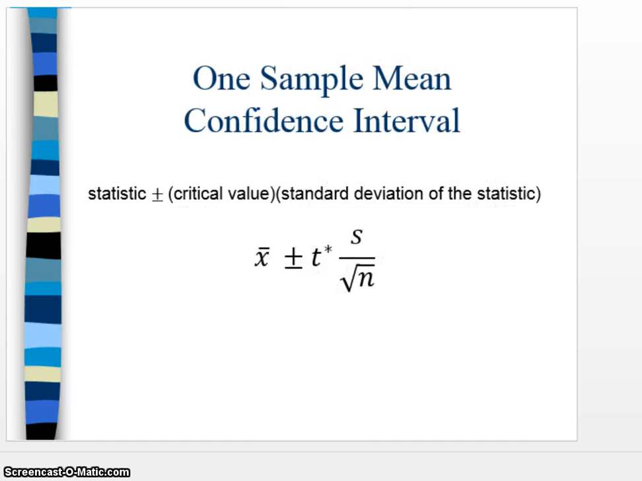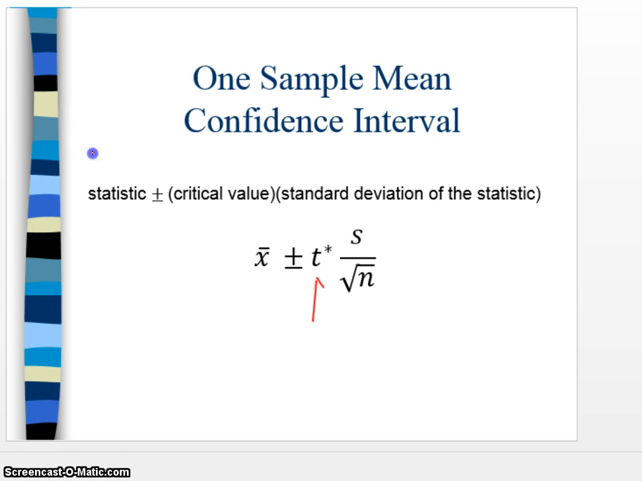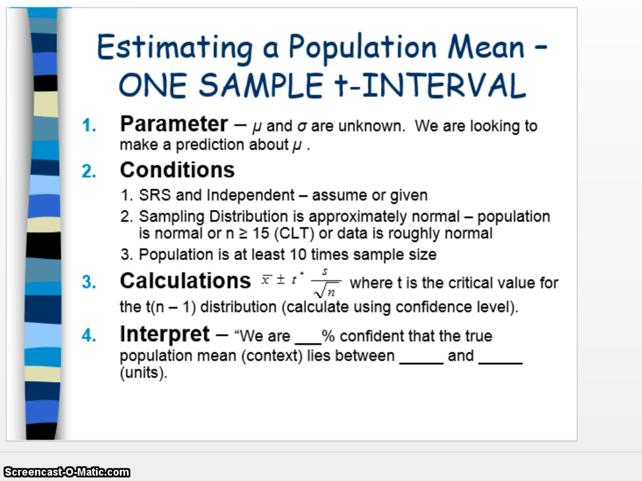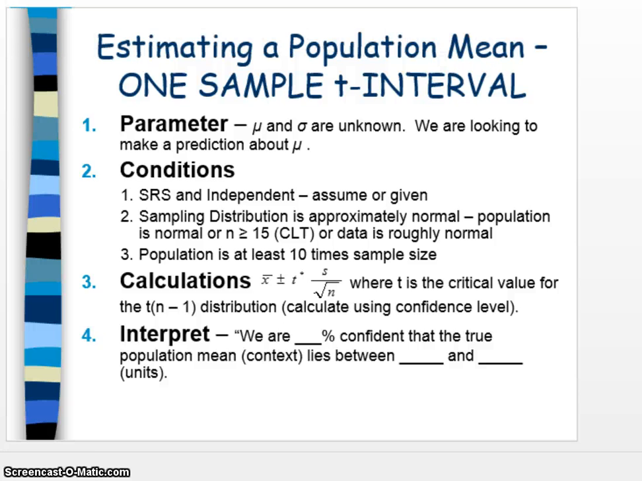Okay, so next slide. There's your formula. And we find t star using our n minus 1 degrees of freedom. That's a key point there. So n minus 1 is your degrees of freedom. So you need to make sure that you do that. And then here's the process that we go through. Okay, so you're going to call it a one sample mean t interval. And we are going to define our parameter, which is mu. And so this is always going to say mu equals population mean